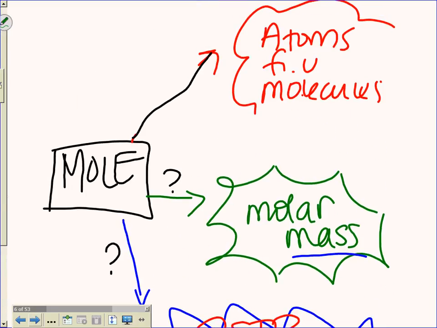Write mole, make a big bubble map. And of course, you have the back of your paper, but you're not going to have enough room for all your notes, so you might want to flip your paper out. Okay, so one mole